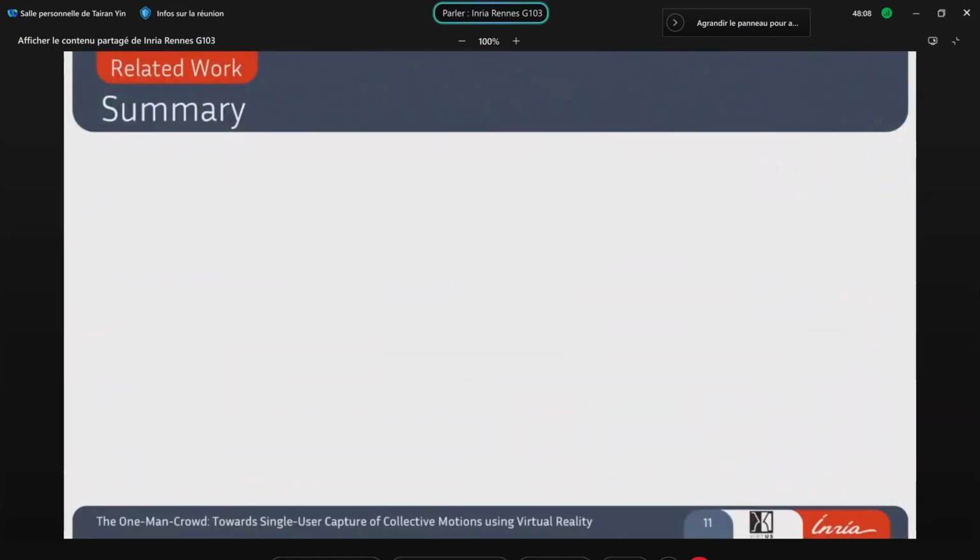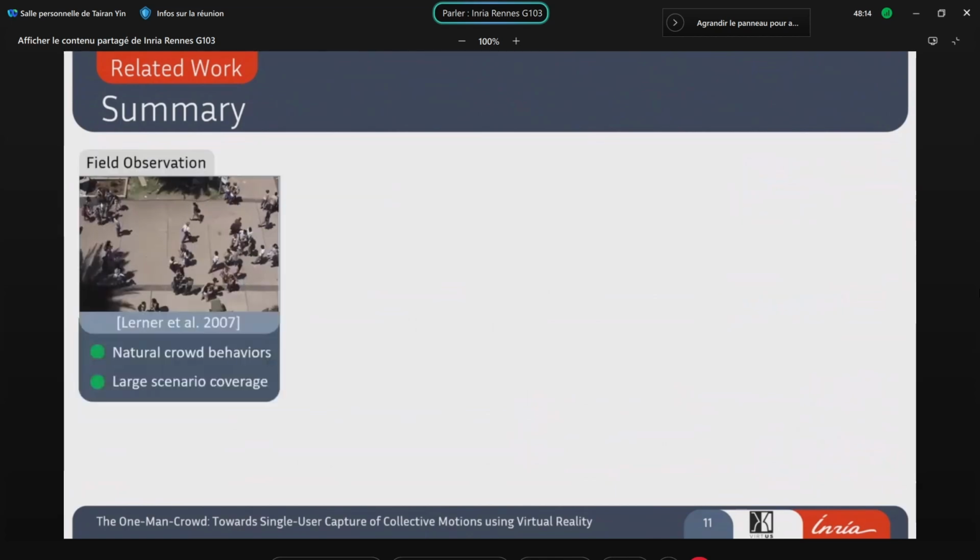So in summary, we have reviewed the 3 approaches to collecting crowd-related data. Each of them has advantages and disadvantages. Field observation allows us to capture pedestrian behavior in its most natural status. And technically speaking, field observation covers all possible crowd scenarios thanks to the widespread use of cameras.